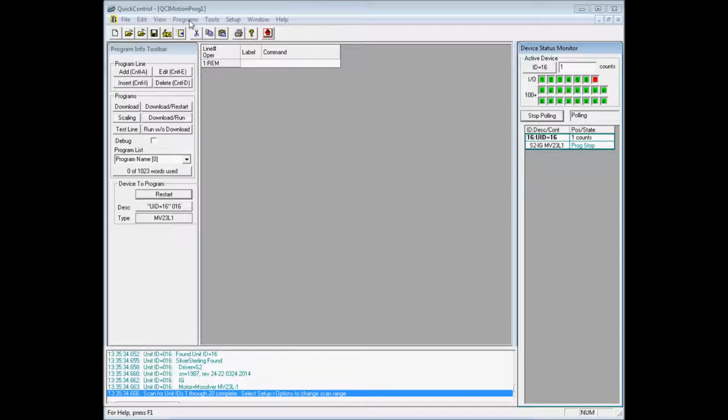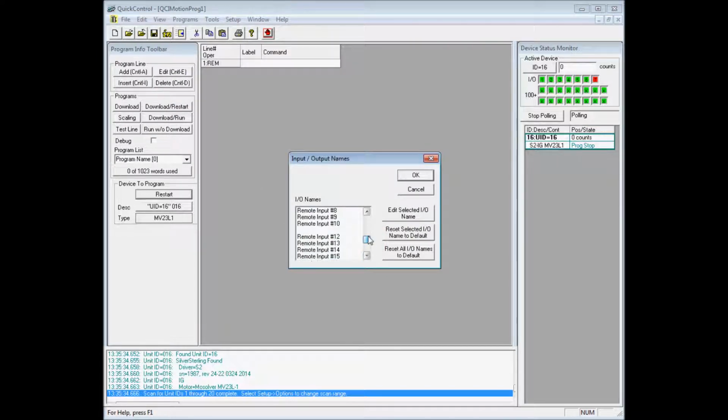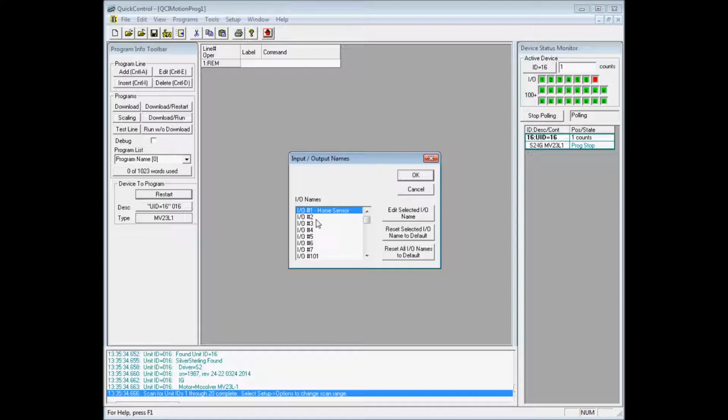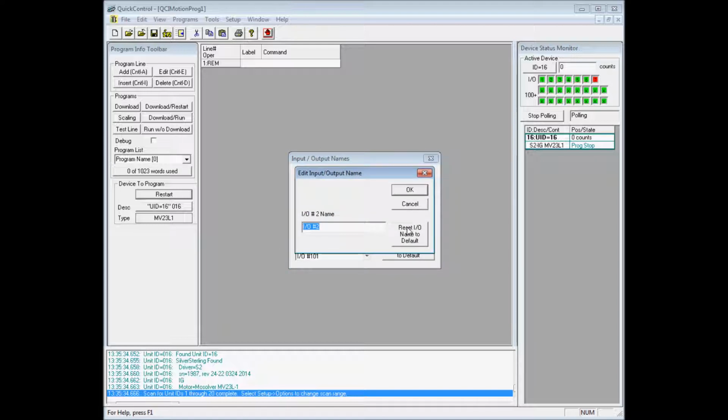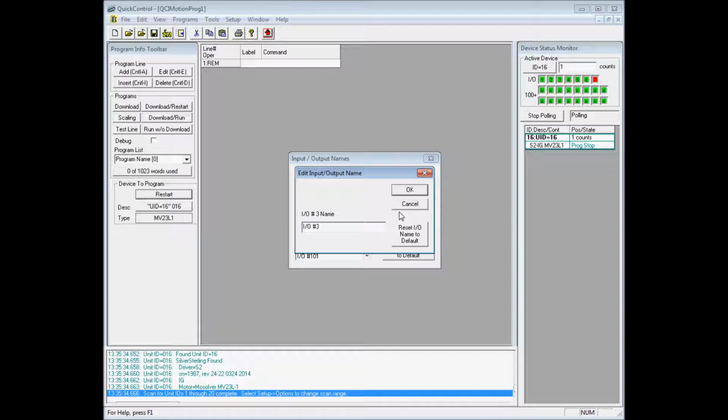We'll first start off by renaming our IO by going to the Programs menu, IO names, and we'll rename IO1 to home sensor, IO2 start switch, 3